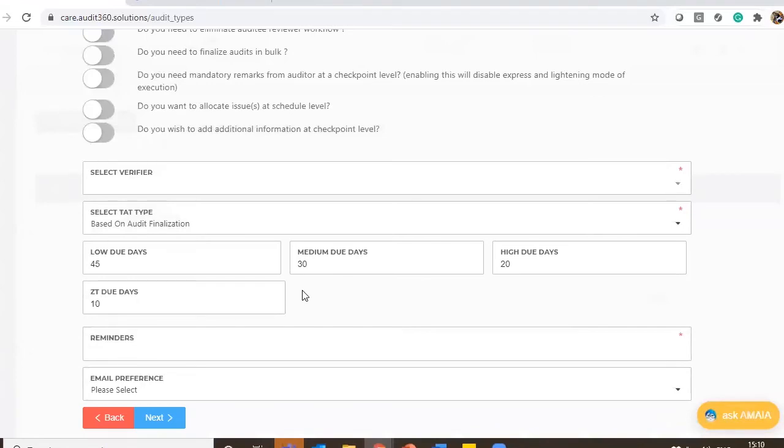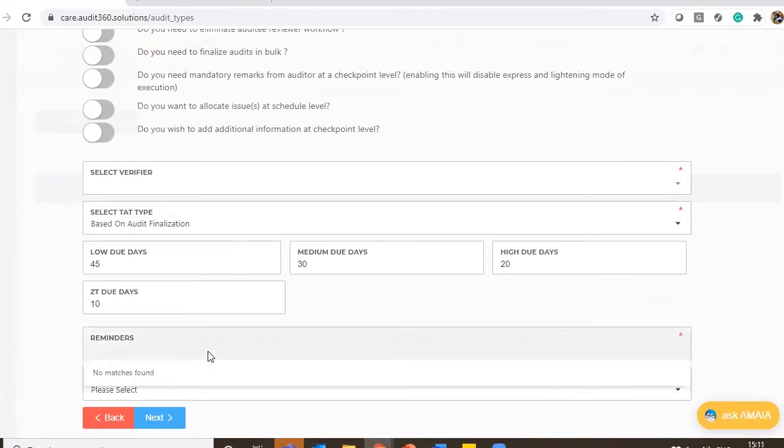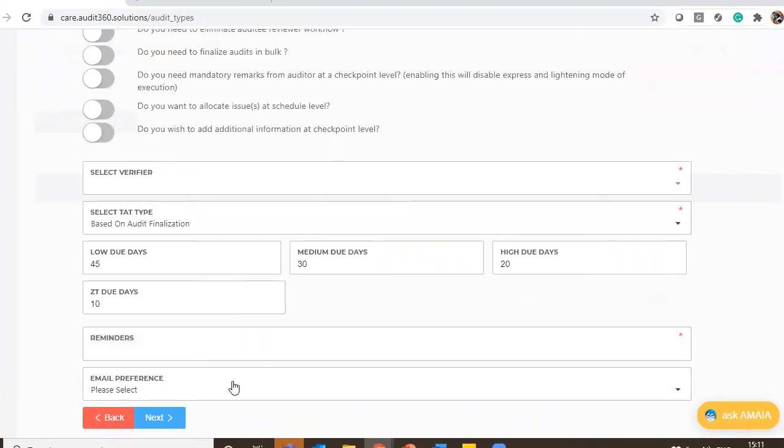Then we have the reminders and preferences module. As said in previous webinars, whatever multi-level or hierarchy-level reminder we have configured in the reminder module can be chosen and updated in the respective audit type. Similarly, whatever has been configured for the preferences can be added to the audit type.